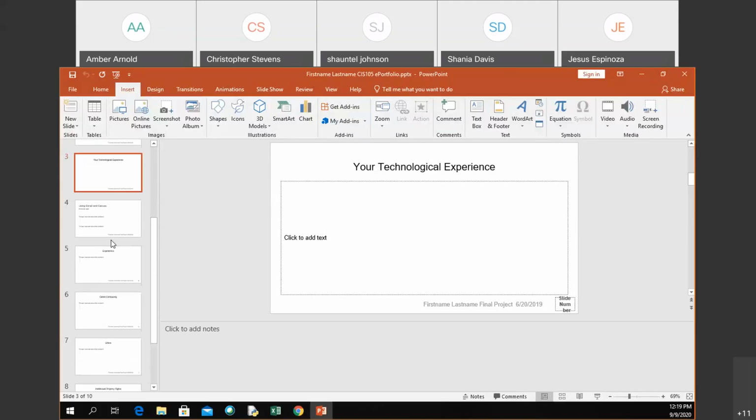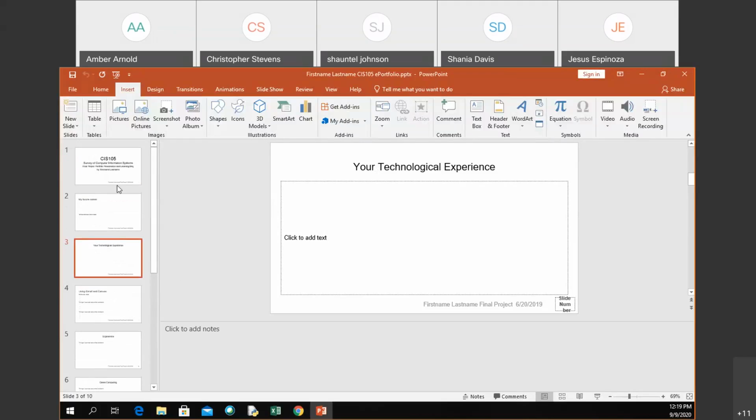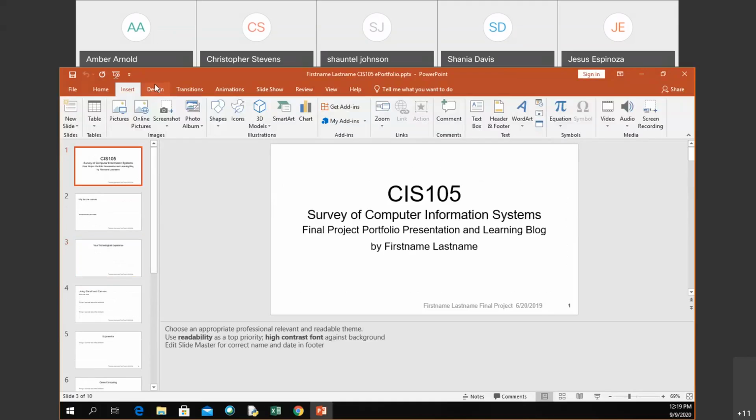Okay, cool. Well, let's talk about transitions and animation. So first, I'll start with the theme. Since we're on the insert tab, you can insert pictures, online pictures. Make sure you look to see if it is Creative Commons. If you use a Microsoft Office application to insert a picture from online,